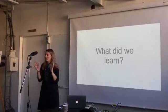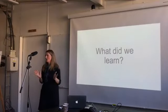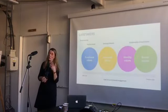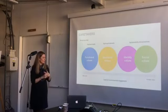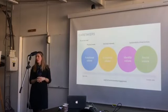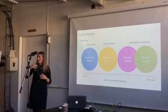And we've cut out a few things. I mean, from a 3-year project, obviously you learn a lot. So we brought a couple of things with us here, which we've also shared together with the other stakeholders in the project. Something that we have looked at is the caretakers who were involved in this research project, and they were almost involved as fellow researchers, you could say. They were helping us by living in this living lab